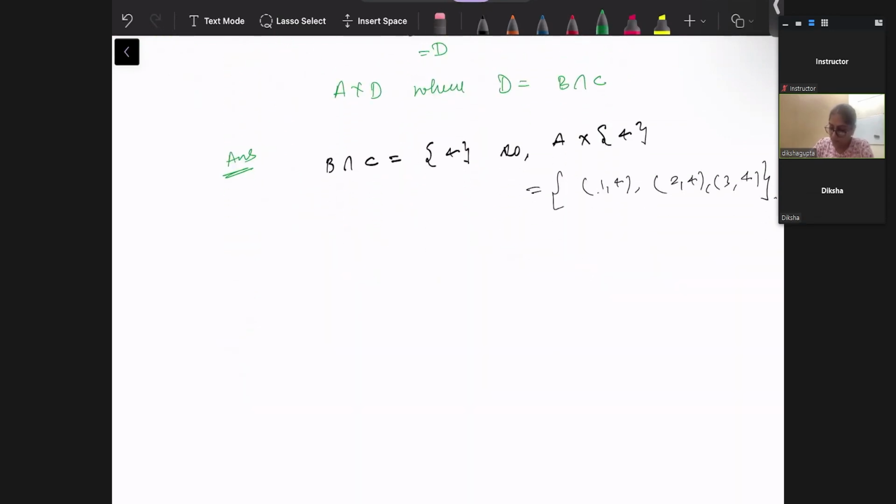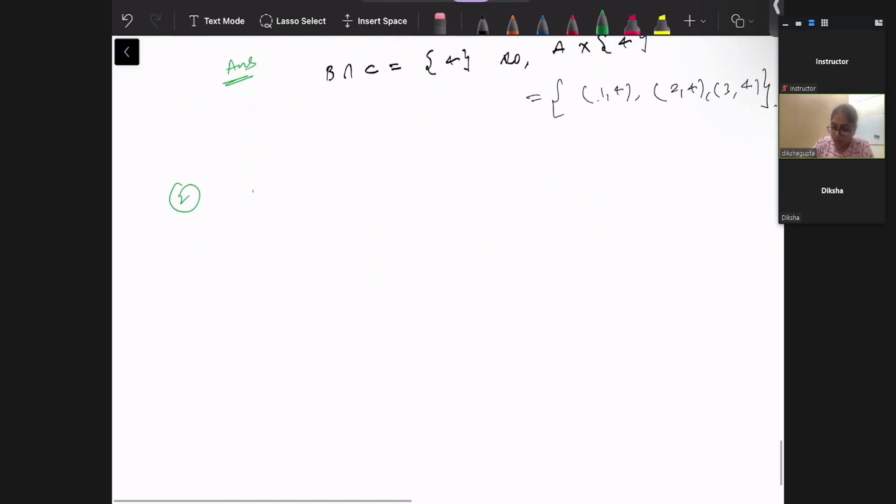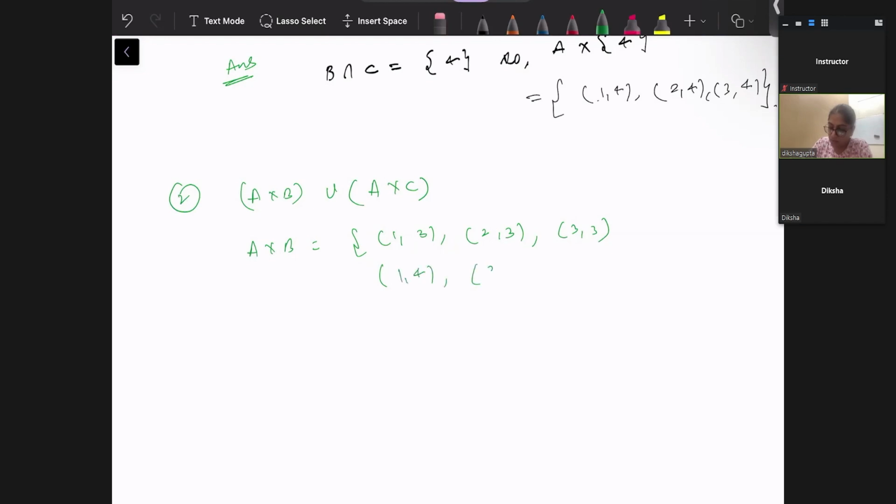One more you can do: A cross B union A cross C. Okay? So A cross B is 1 comma 3, 2 comma 3, and 3 comma 3. Then you have 1 comma 4, 2 comma 4, and 3 comma 4. Similarly, A cross C will be